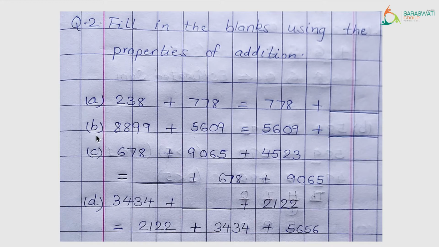Then next B. So students, this sub question B is similar to sub question A, right? So you have to solve on your own. Then sub question C. 678 add 9065 add